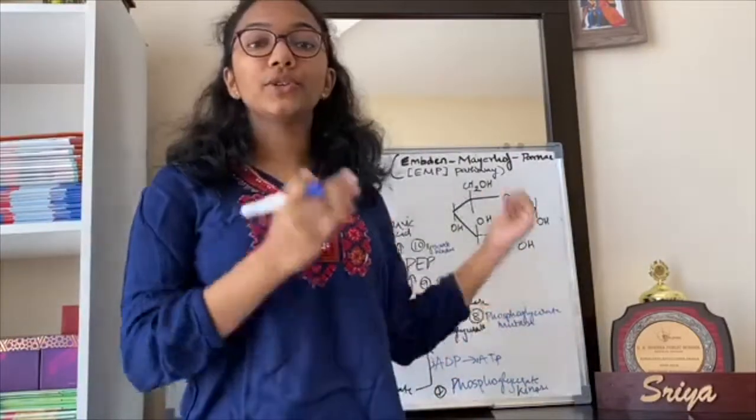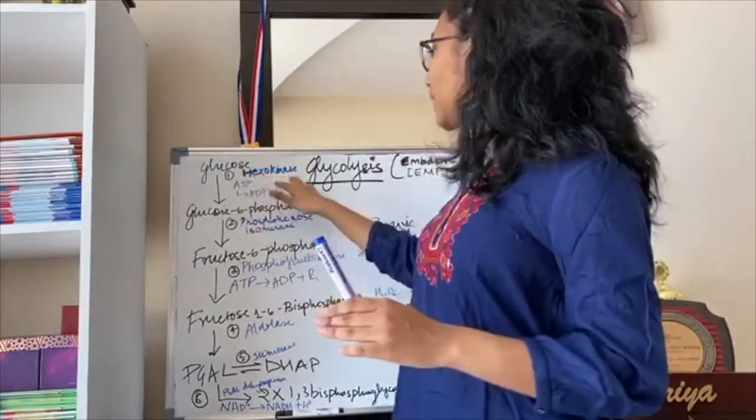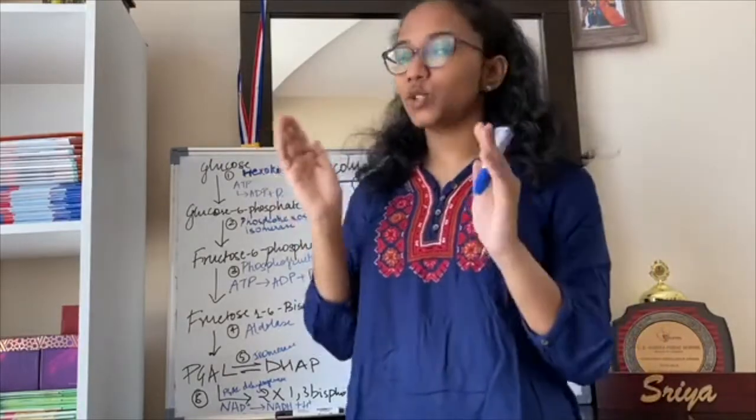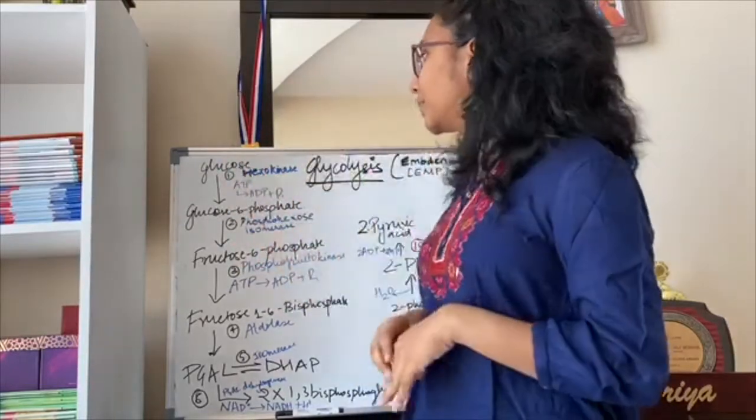Let's go to the steps and ways to memorize. What I have here is a molecule of glucose. So we'll start with the steps. Glucose, with the help of the enzyme hexokinase. Hexo means 6, and you know that glucose is a 6-carbon molecule, so hexokinase is easier to remember if you think of it in that way.